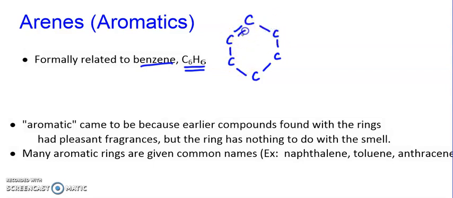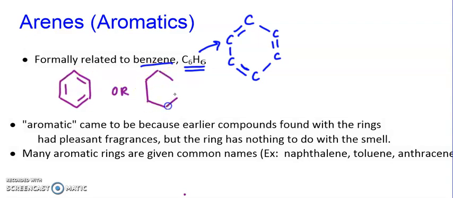It doesn't matter where you put them, and I'll come back to that in a second. Okay, so this right here is benzene. Each carbon would have 1 H, so 6 carbons, 6 H's. The condensed version that you'll typically see, you'll see one of these two formats: you'll see this hexagon drawn with double bonds on alternating sides, like this. Another way you'll see this is, if I draw the hexagon again, with a circle drawn